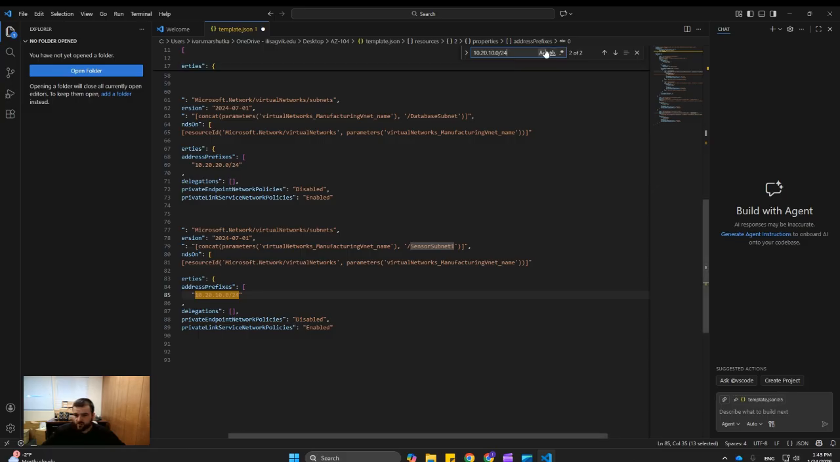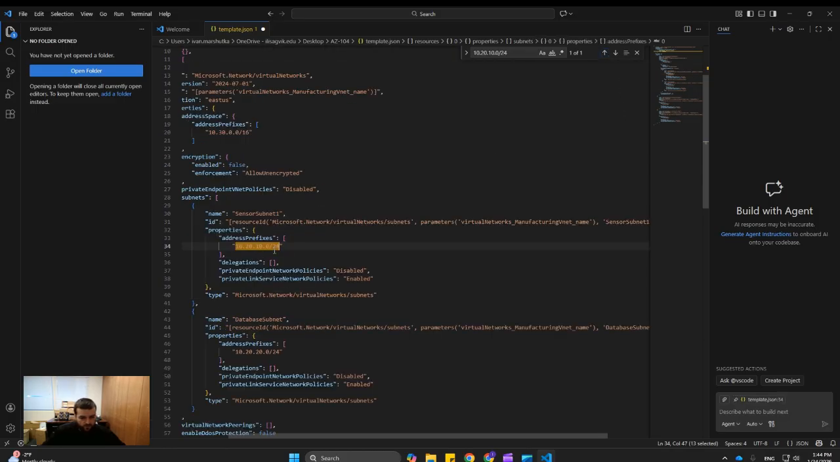Change all occurrences of that to 30.20. Okay, it's easier to copy paste. So 10.30.20.0/24. Good. Perfect. Change all occurrences of database subnet